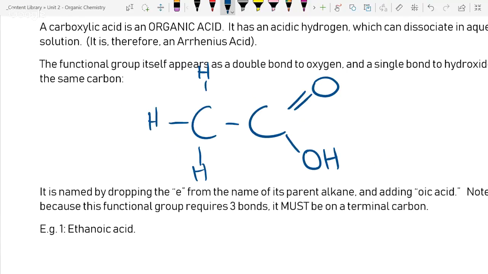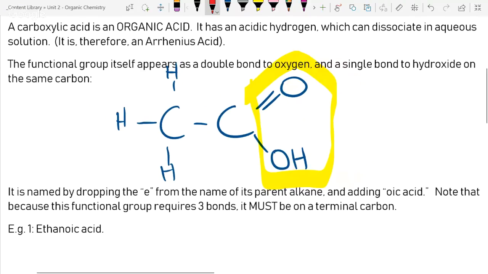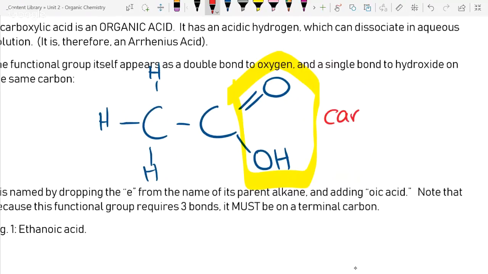And this can freely rotate, so it does not matter if you put the O on the top or the O on the bottom, the OH on the top, the OH on the bottom. We haven't talked about this much, but a sigma bond can actually rotate. It has a degree of freedom. It's able to move like this. So here we go. Lovely. This functional group here is indeed an alcohol and an aldehyde on the same carbon. And we call that a carboxylic